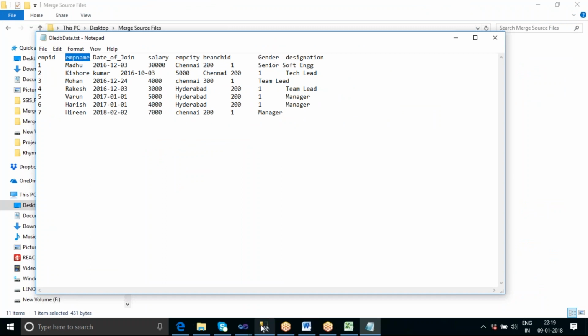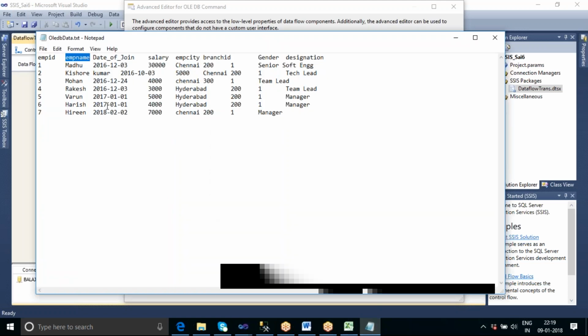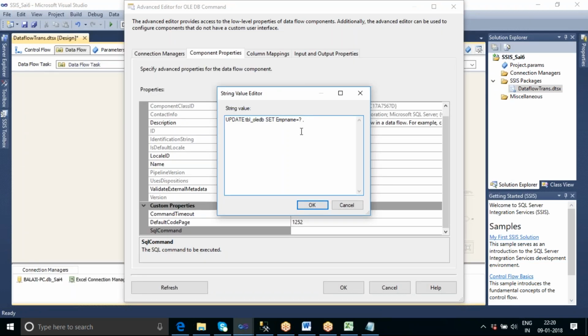So let us write set EMP name is equal to question mark, comma. Which other columns are changed? I know that date of join also is changed. So let me write date of join